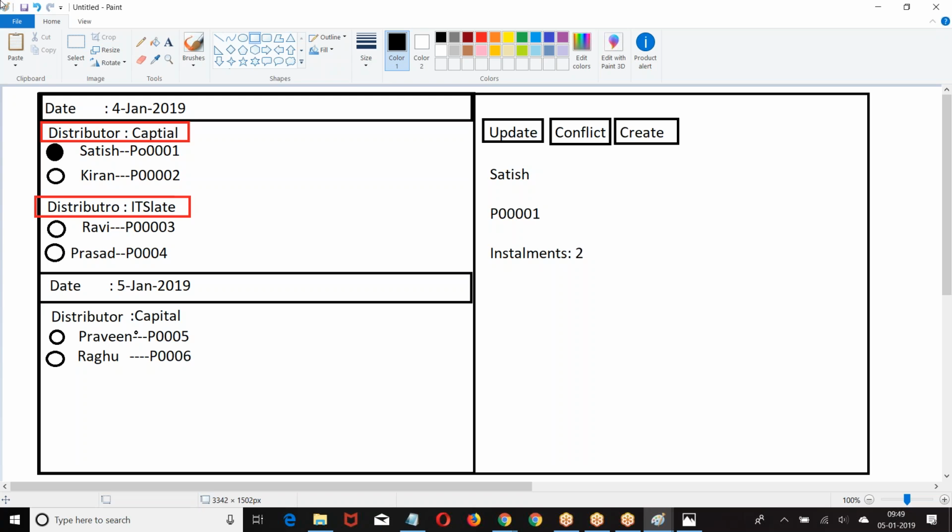So what is the concept? This will run every day, so schedule Apex with batch Apex. Why batch Apex? There is a possibility that there may be more than 10,000 records. Because